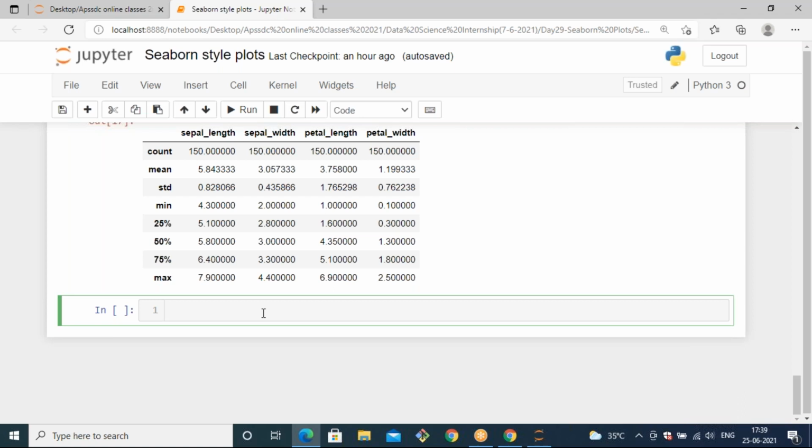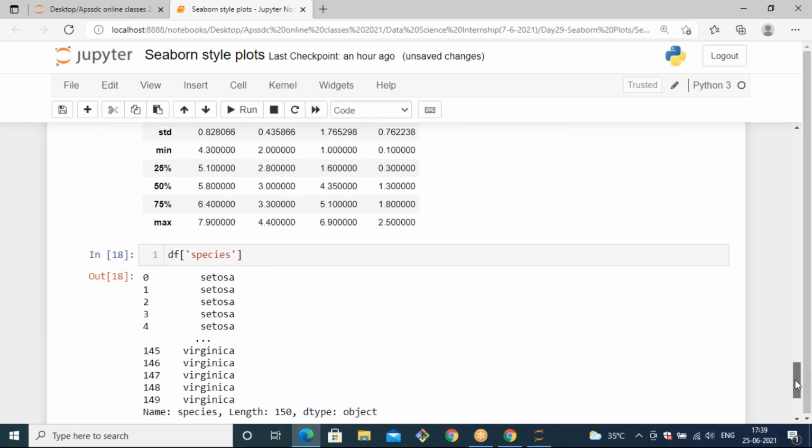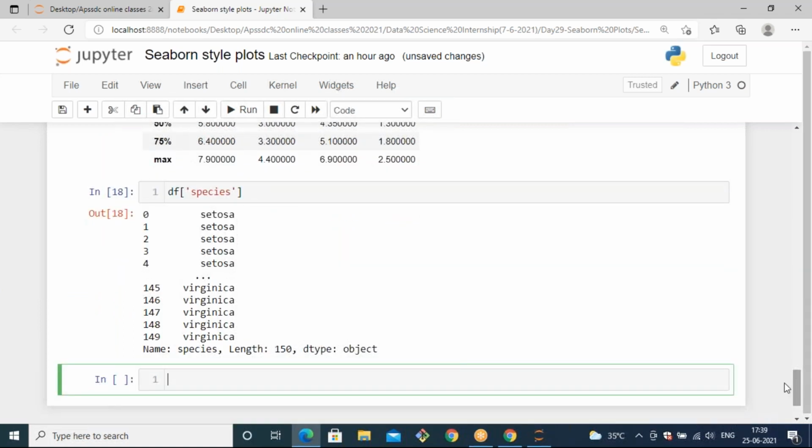How to access that species column? By using df['species'] you can access it, and it will give you a series object. Whenever you access df['species'], it generates a series object showing the first 5 and last 5 rows.